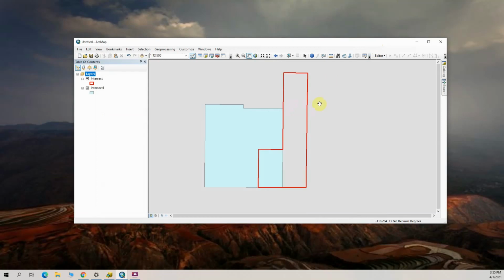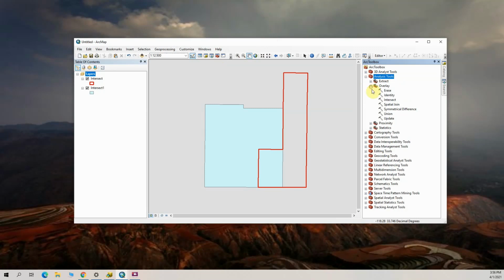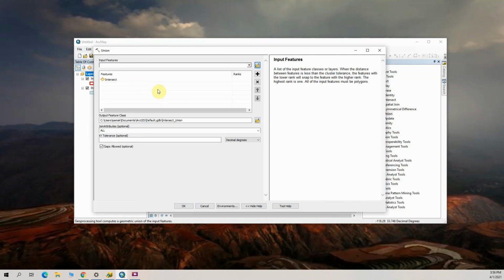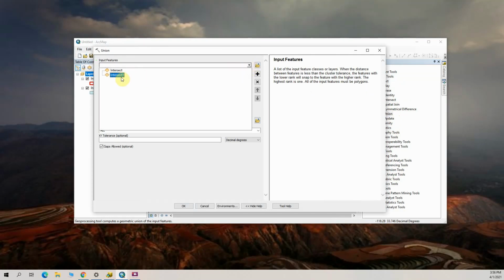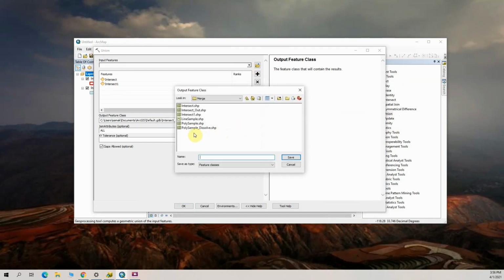And just like the intersect, you find the tool over here in geoprocessing, or you can use the Arc Toolbox under analysis, overlay, and you get it from here. So you pick the features you're going to use, and then where you're going to save it. So we're going to call this one union output,